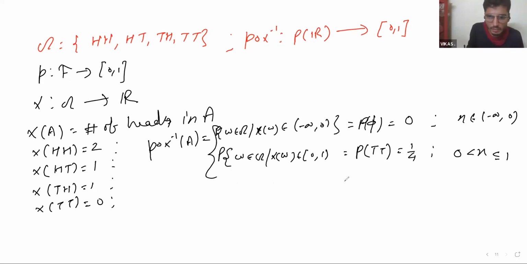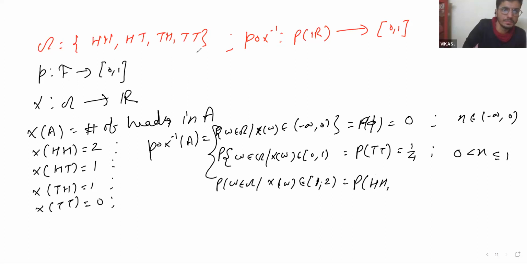Similarly, whenever X of omega belongs to the closed interval 1 to open 2, then the probability of head tail and tail head is 2 by 4, favorable cases out of the total possibilities.